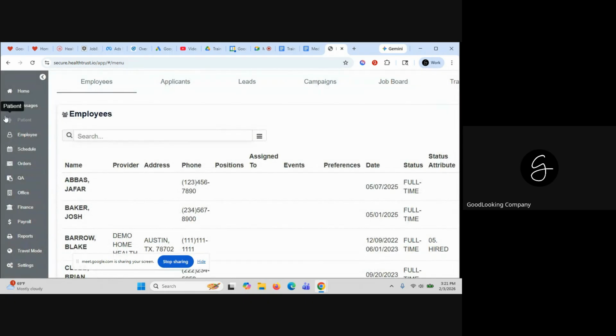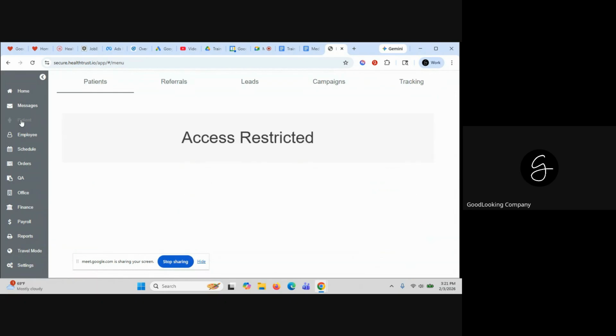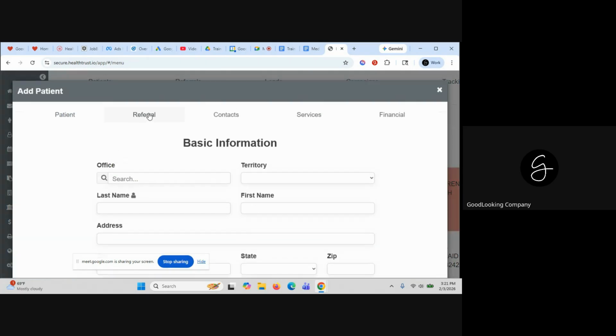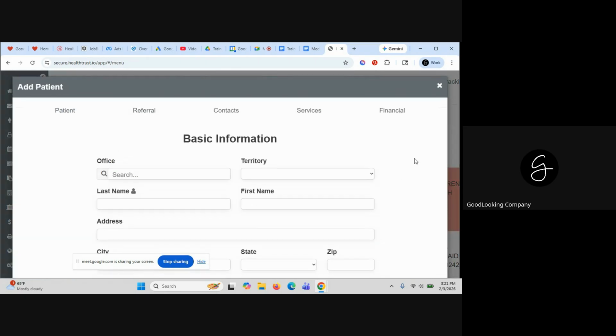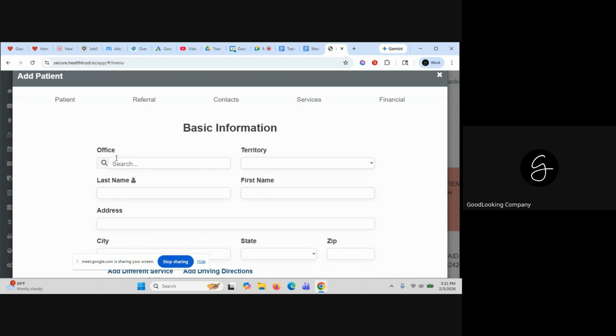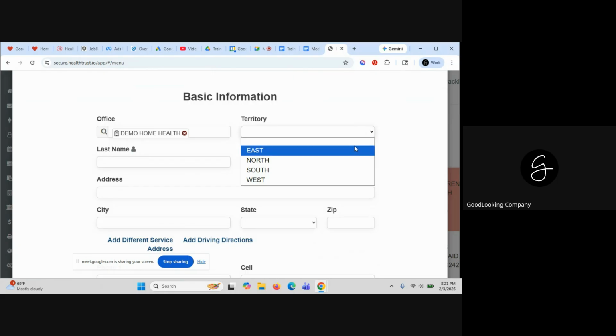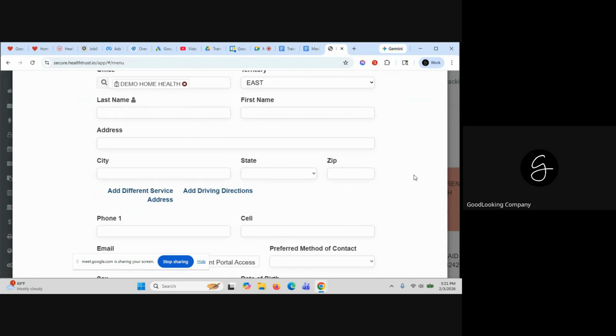And so now that our employee is in, the next thing to do would be to add our patient into the system. Very similar, just click the patient name. It's all very straightforward. You just assign them to one of your offices if you have multiple. If you have a large office that's broken out into subsections or what we call territories, you would assign the territory of the patient,